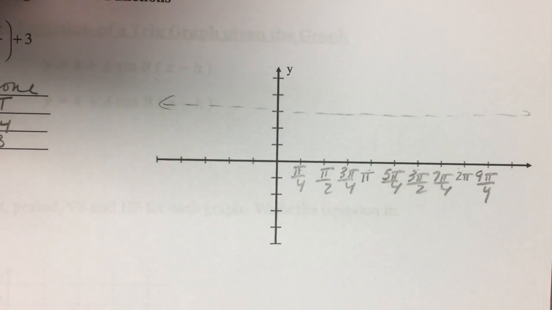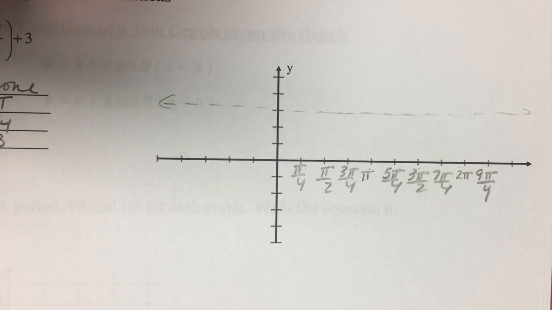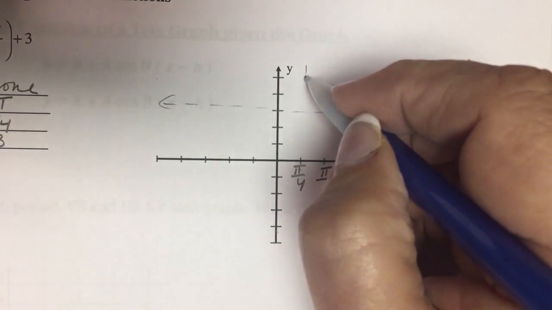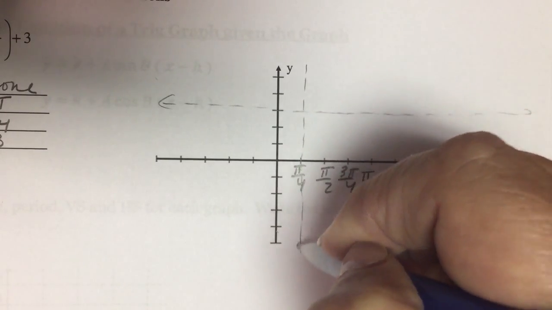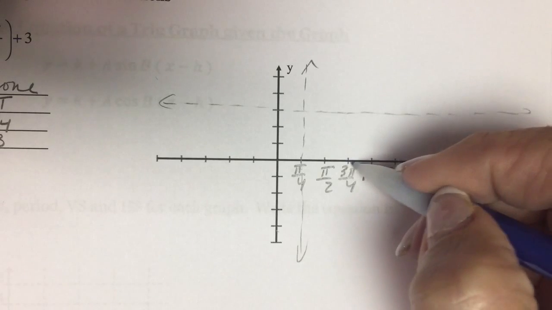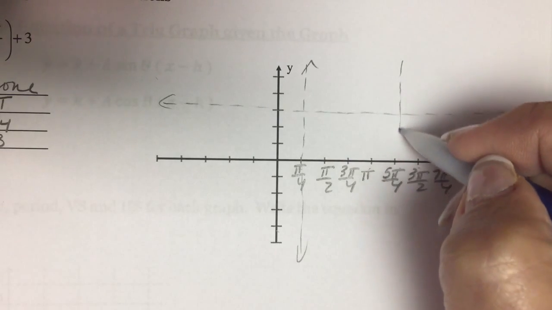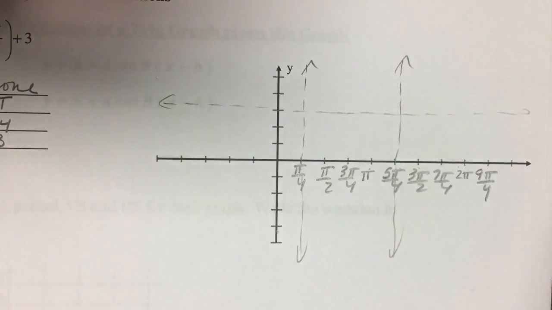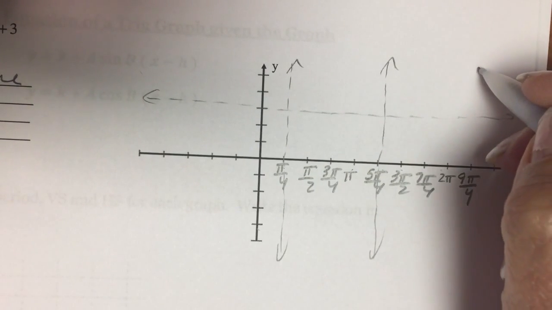There's a vertical shift of 3, so I'm going to put that in there. For cotangent, if you remember right, our first asymptote was on the y-axis, but because of our pi fourths shift, our first asymptote is going to be at pi fourths, and then we're going to go 1, 2, 3. Our second one is going to be at 5 pi fourths, and our third one will be at 9